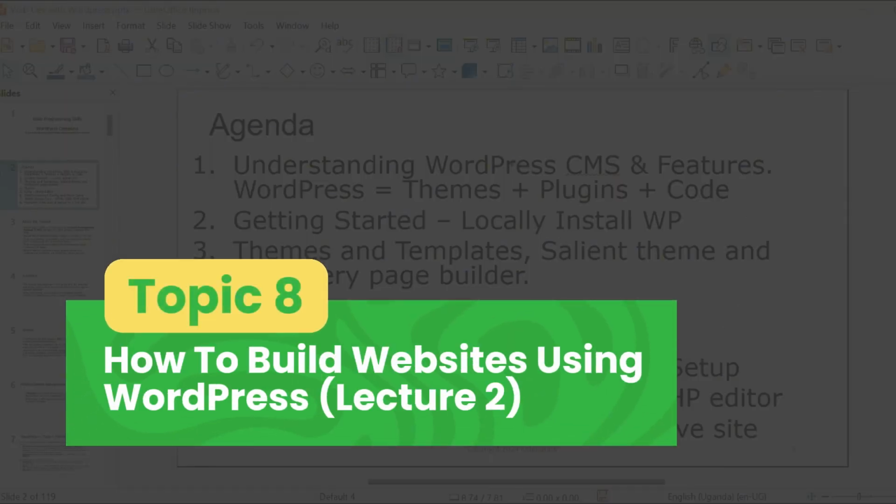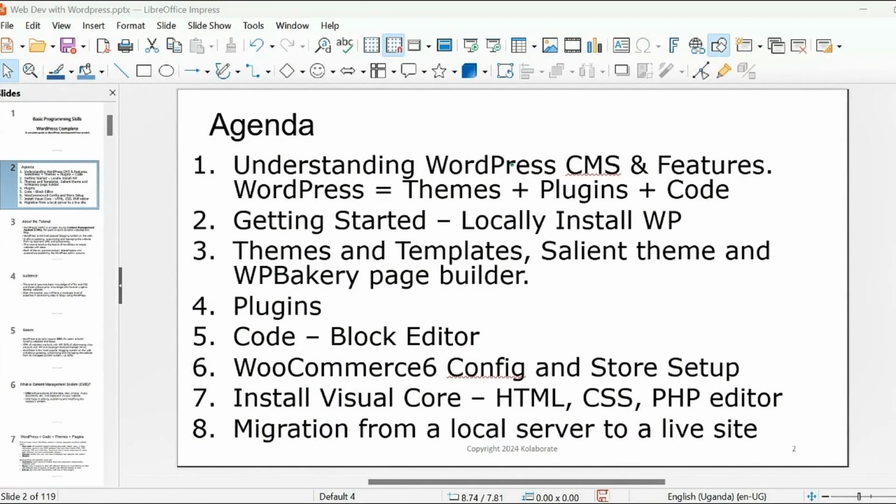I'm just going to briefly run through what we covered yesterday before we can proceed, so that some people can catch up. So, our course outline is understanding WordPress as a content management system, the features of WordPress, getting started, themes, templates, and the Salient theme and page builder. Then we shall later look at plugins, code, and WooCommerce, which is setting up an online store. Some of them are not that relevant, but from the top, we did mention yesterday that WordPress is a content